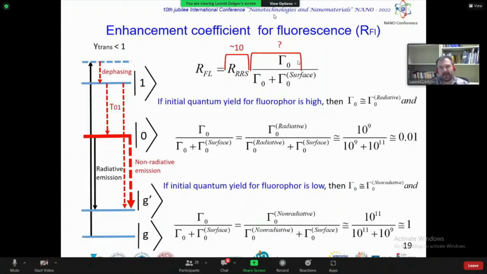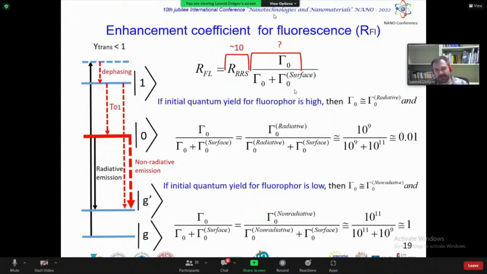And this situation is depicted here. When we have excitation, a lot of dephasing and thermalization processes, our emission starts from the level 0. Here it's the excited level, but it's marked with the 0 label, and this is the ground state. Because of a lot of non-radiative channels, we have the product of this 10 on